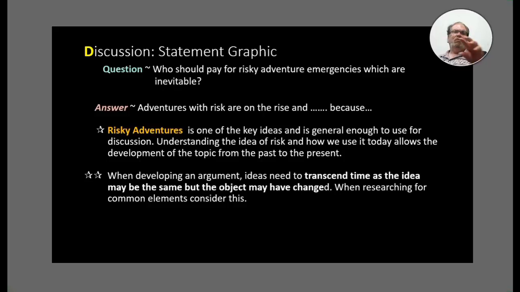But risk in sport is a really big topic, and it's not just new, it's an old idea, and it's today's idea, it's a future idea. Is it getting worse? Are more people doing it? Is the cost going up? Lots of ideas you can generate, but you have to make sure your topic is big enough, but only one topic. Be careful.